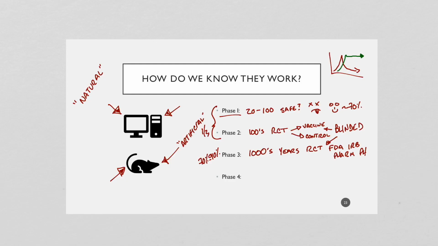So as soon as we're done with phase 3, we go into the market, and that is where we go into phase 4. Phase 4 is actual post-marketing analysis of what is going on. This is where public health gets involved a lot because we are looking at the vaccine. We are looking at how many people are getting it. We are looking at the rates of the disease. Are the rates going down? If they're going down, are they going down more in the vaccinated than in the unvaccinated?